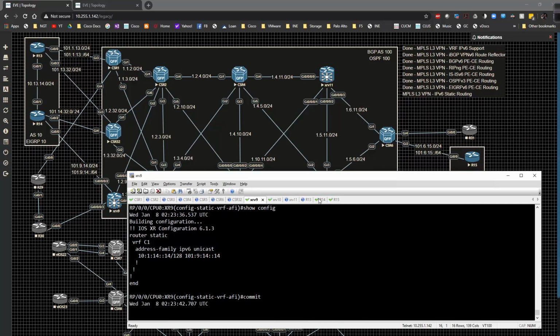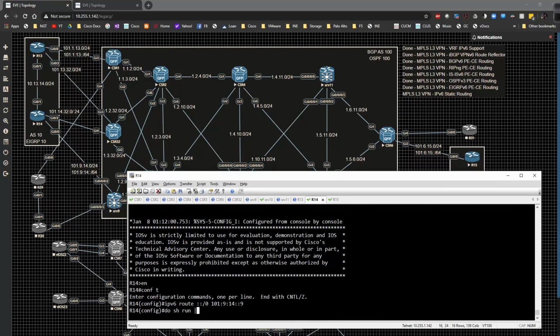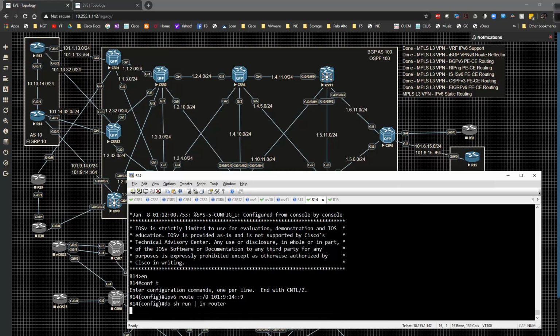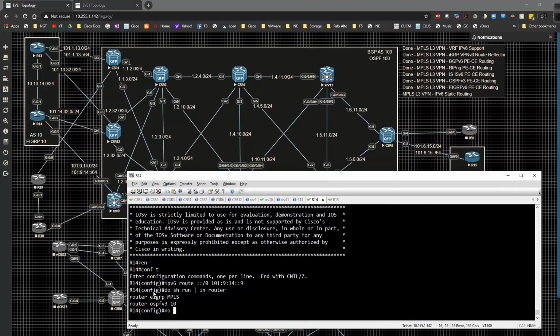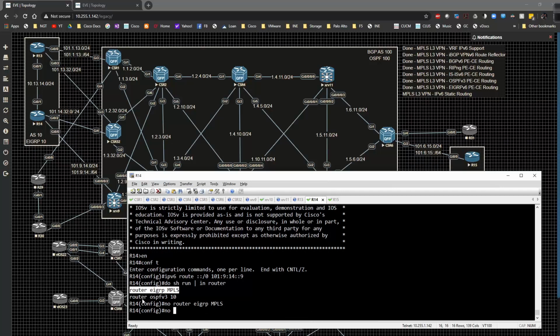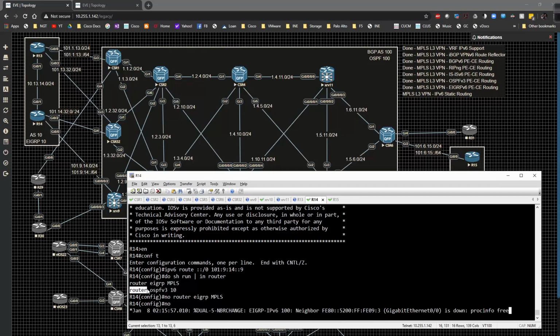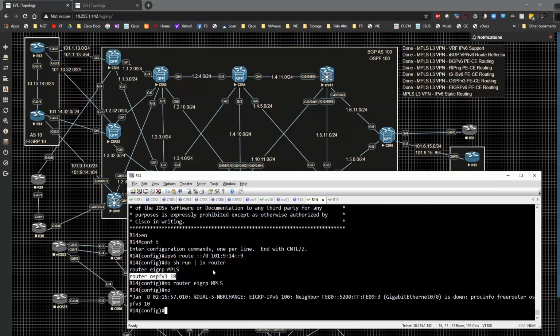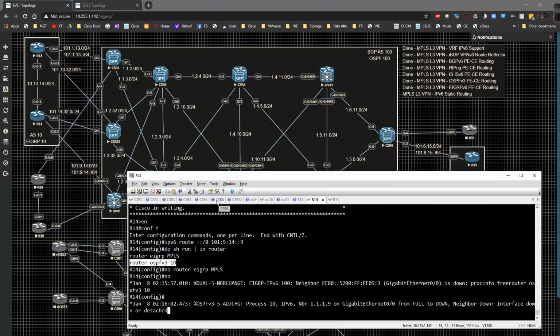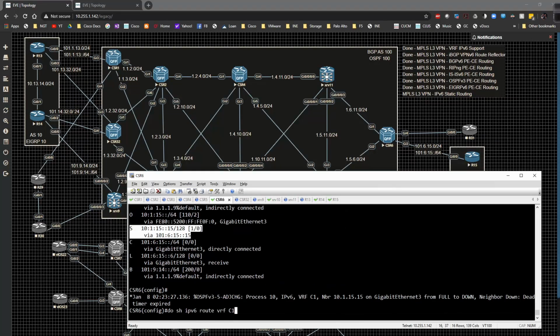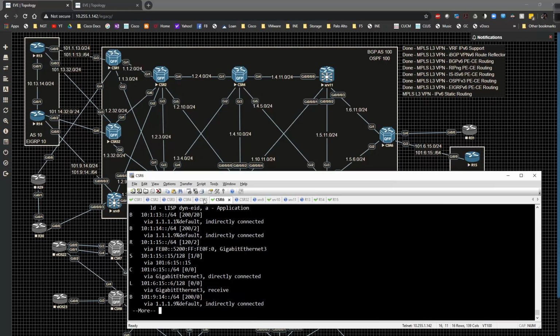So on 14, I'm also going to do show run pipe include router, and we're going to get rid of a couple of the commands that we have in here. We'll just turn off EIGRP and MPLS respectively and get them out of here like so. Now that we have that, we're going to go to CSR6, and we'll see that the RIP route